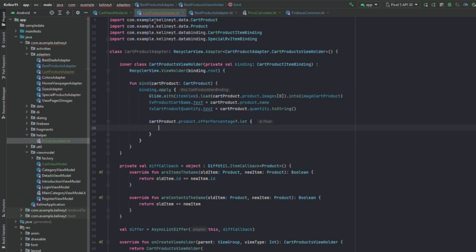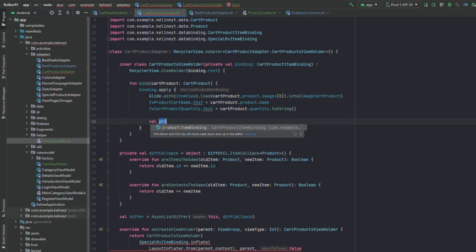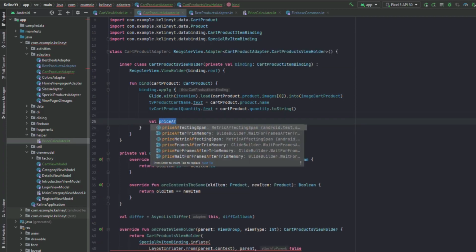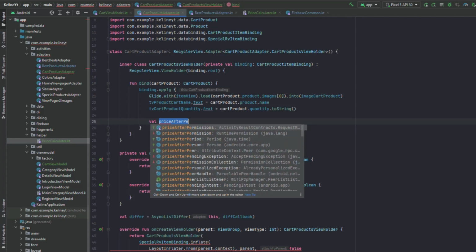So we can just get back here inside the cart product adapter, and we can delete this price after percentage